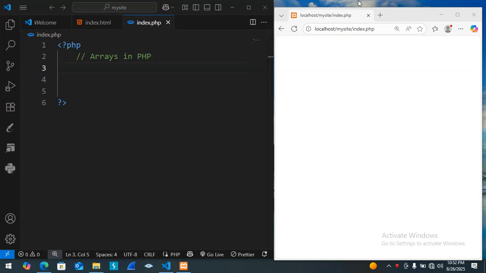So we are going to dive deep into arrays in PHP. Arrays are incredibly powerful because they allow us to store and organize multiple values in a single variable. Once you understand arrays, you unlock the ability to manage lists of data, process collections, and build more complex applications. In simple terms, an array is a variable that can hold more than one value at the